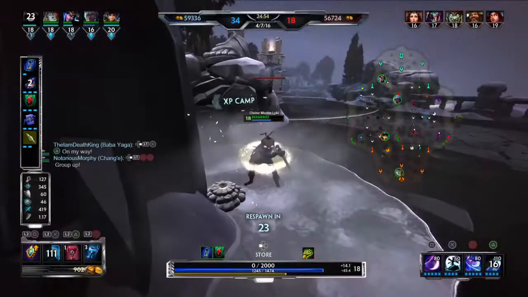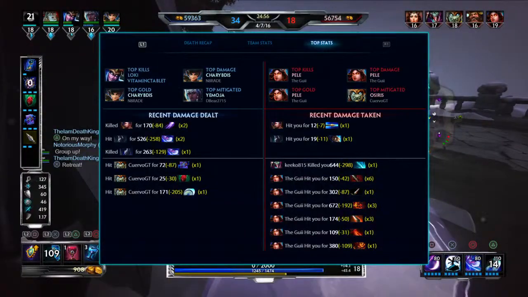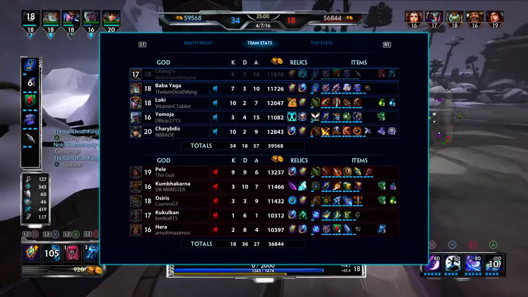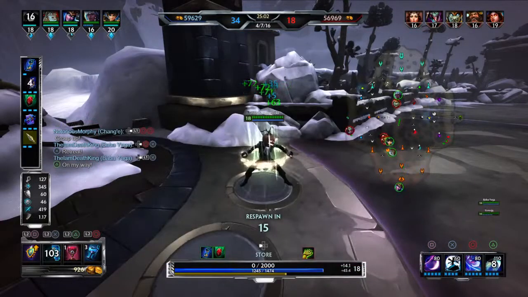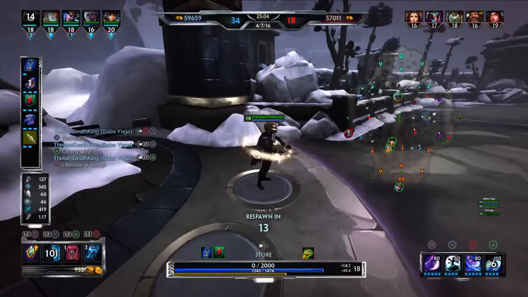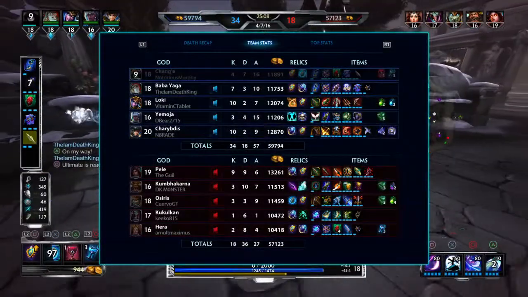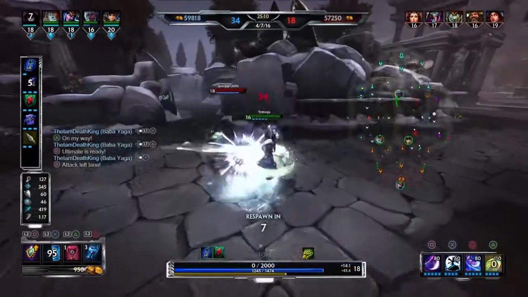We need to group up again. Ultimate is ready. Emoji, you don't deal any damage, which is okay because you basically also take no damage, but also...